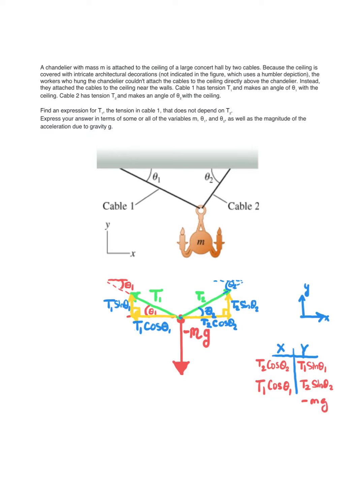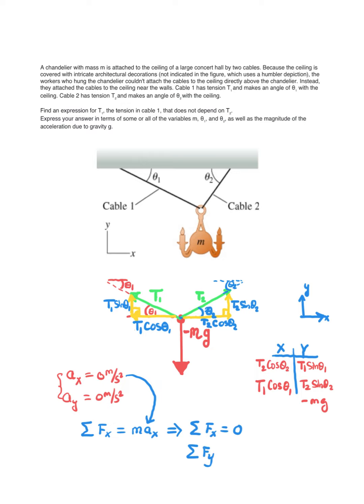Now, since the chandelier is in equilibrium, we know that it's not accelerating along the x direction, and it's also not accelerating in the y direction. So the acceleration in each direction is 0. So if we go ahead and apply Newton's second law, we have the summation of forces in the x direction equals mass times acceleration in the x direction. But since there's no acceleration in the x direction, from this equation, it follows that the summation of all the x forces equals 0. For the same reason, since the acceleration in the y direction is 0,